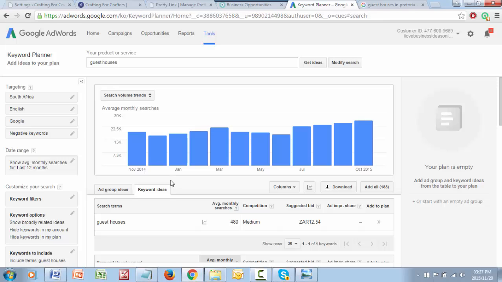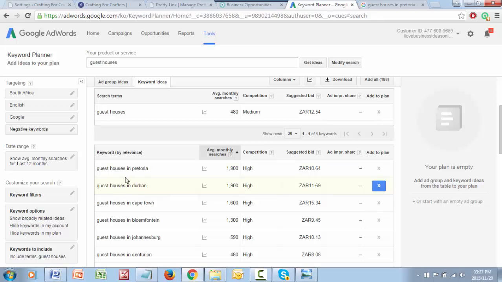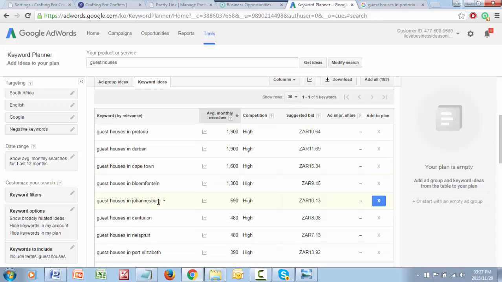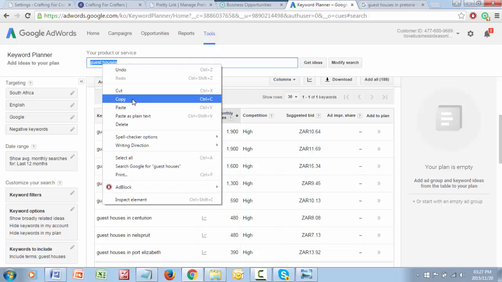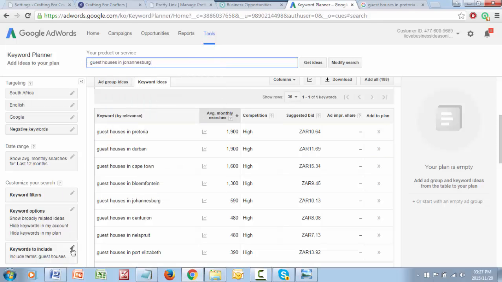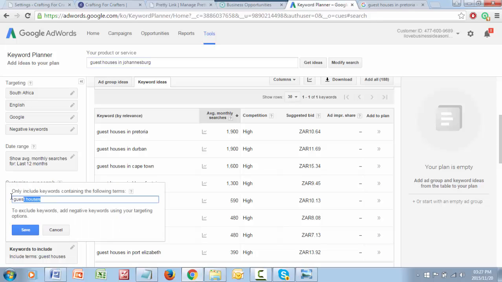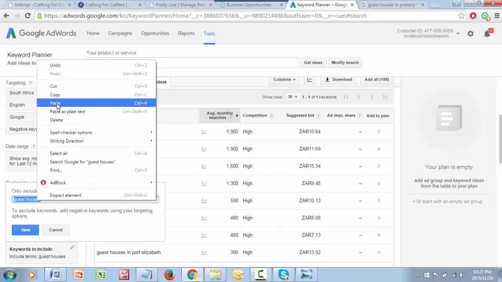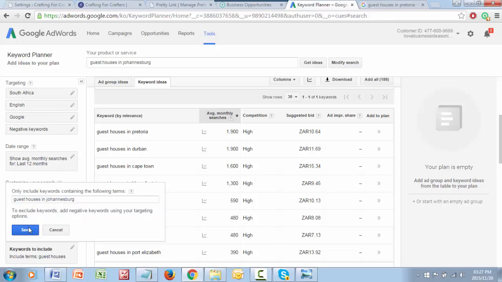Anyway, done. This was how to use long tail keywords. And as you could see, I did the Pretoria one. You could get further down and then try one that might have more results. If you look here, there's only 600 searches compared to 2,000. People want to go to Pretoria. They don't want to go to Johannesburg. And to be honest, I know them both very well, and I'm not surprised. Although the city of each is what it is.